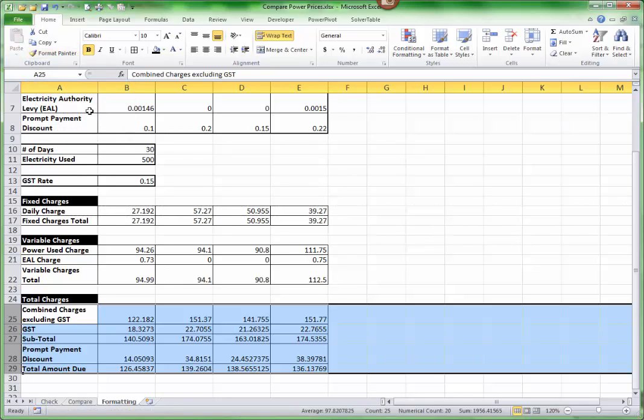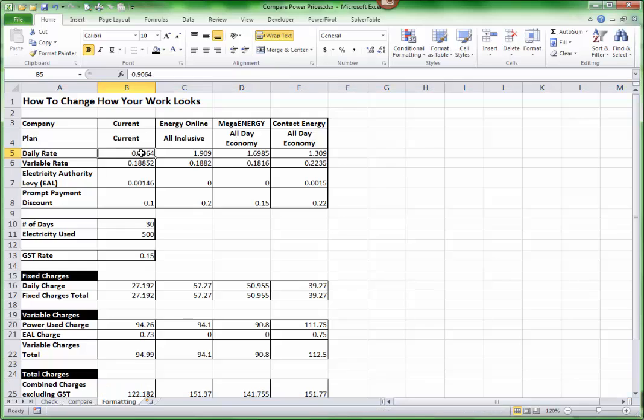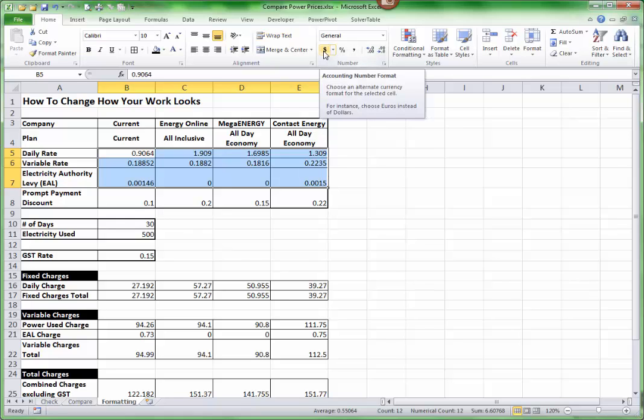Now I would like to actually do something about the number formatting. The daily rate, variable rate and electricity authority levy, they are all dollar amounts, whereas the prompt payment discount and the GST rate, they are percentages. So let's have a look at number formatting and have a look at how we can put them into some sort of currency format. One option is just to simply click on this dollar sign and it will automatically convert